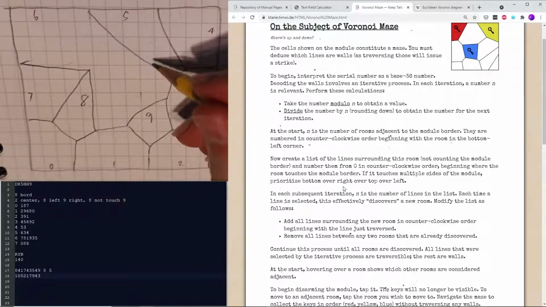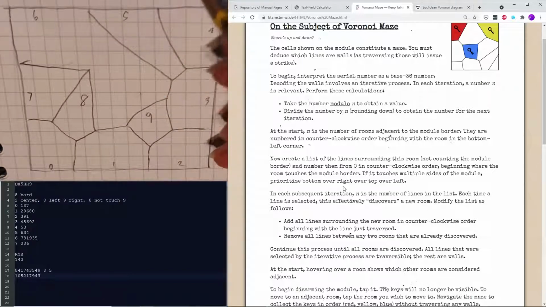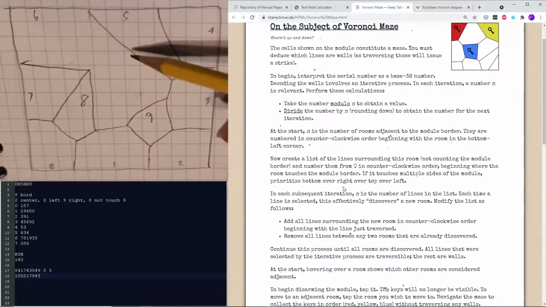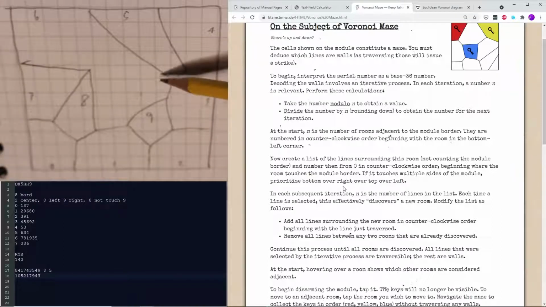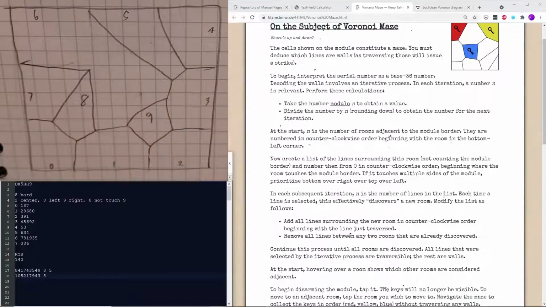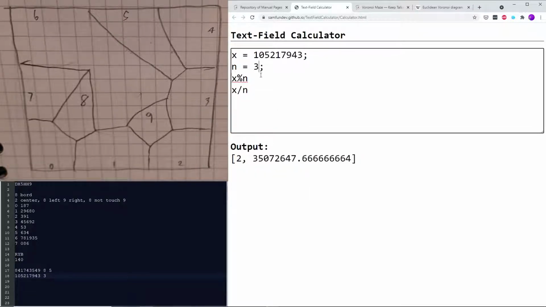You can write them in if you're using pencil, but you're going to be erasing them constantly. So I just keep track of it in my head. 0, 1, 2. Especially tactile touching it, 0, 1, 2 helps me to remember that. So n is the number of lines in the list. So we're going to take this number, mod 3